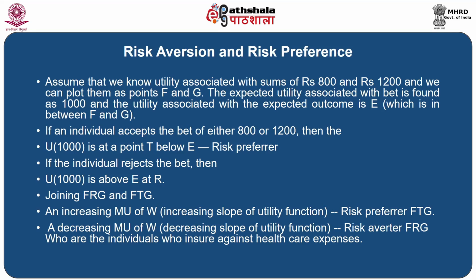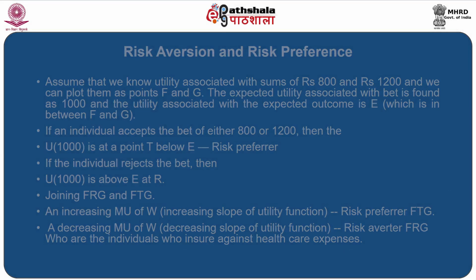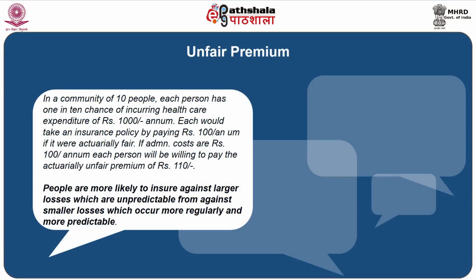Risk averters are the individuals who insure against healthcare expenses. Here we must know the concept of actuarially unfair premium. For example, in a community of 10 people, each person has a 1 in 10 chance of incurring healthcare expenditure of rupees 1000 per annum. Each would take an insurance policy by paying rupees 100 per annum if it were actuarially fair. If administrative costs are rupees 100 per annum, each person will be willing to pay the actuarially unfair premium